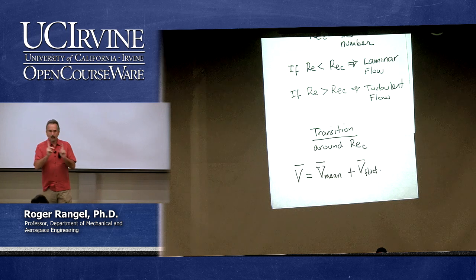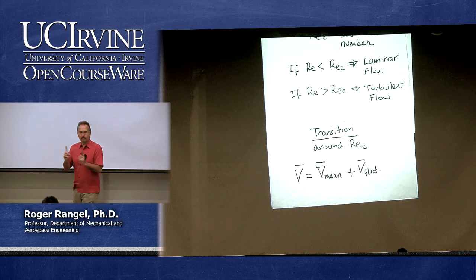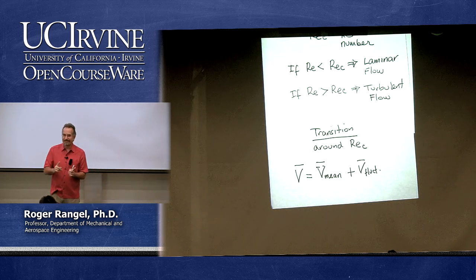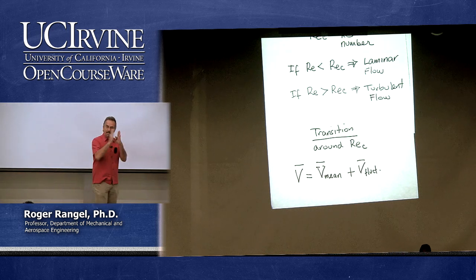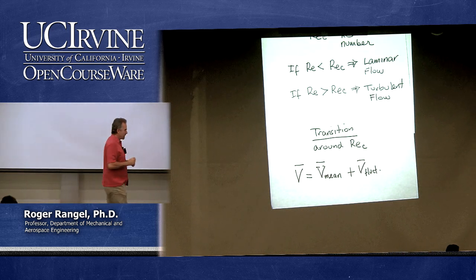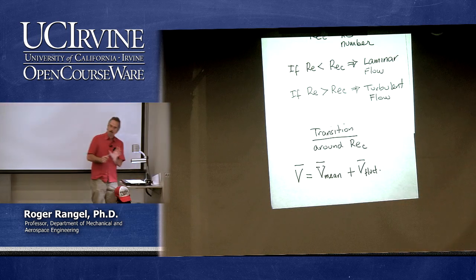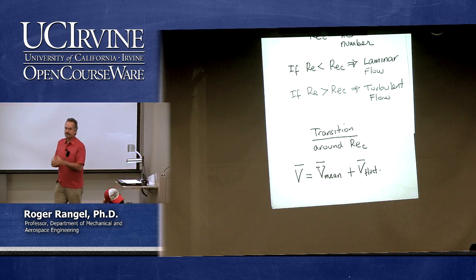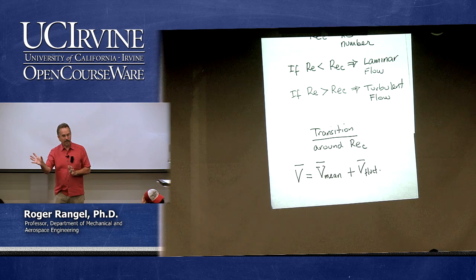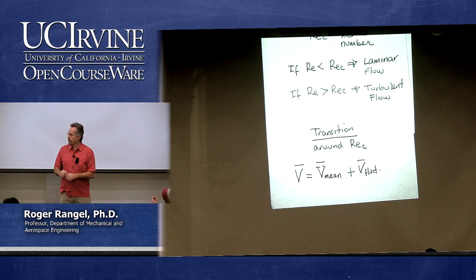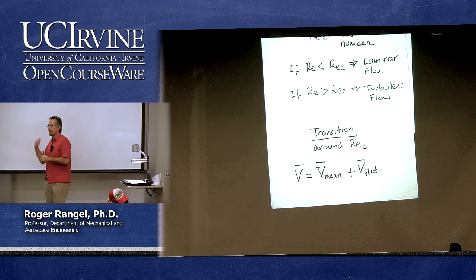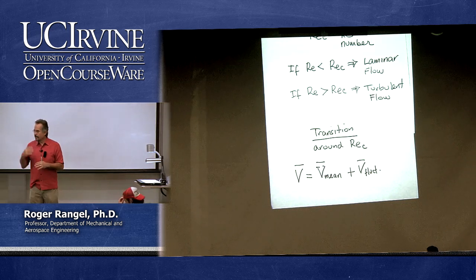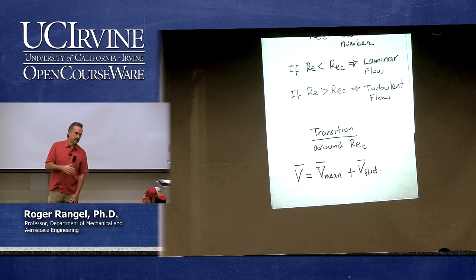And then I can look at some flows that happen to be steady on the mean. So the total flow is still unsteady, but I can look at it as being made up of a mean component which is steady, and then the fluctuating part which is always going to be unsteady. That's how you then begin looking at turbulent flows, because then you can, at least in some way, consider them steady.